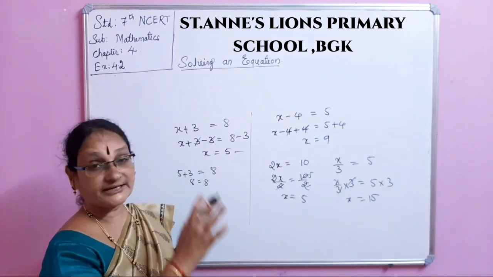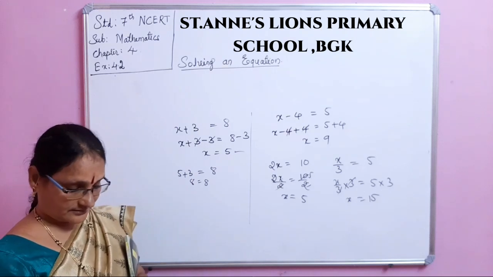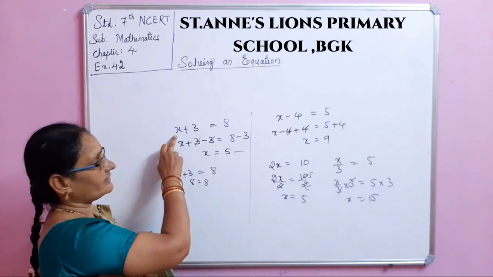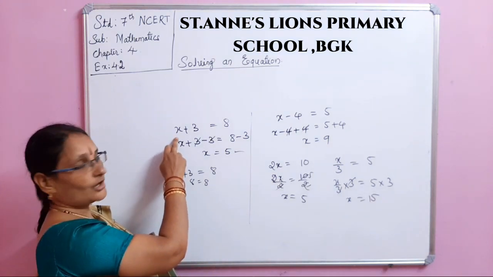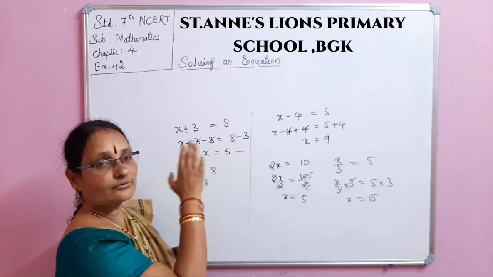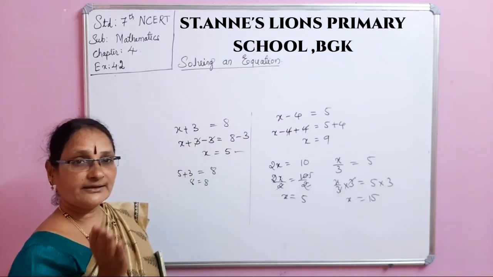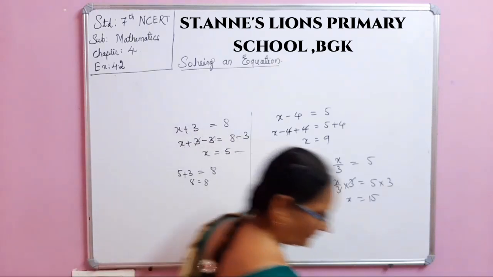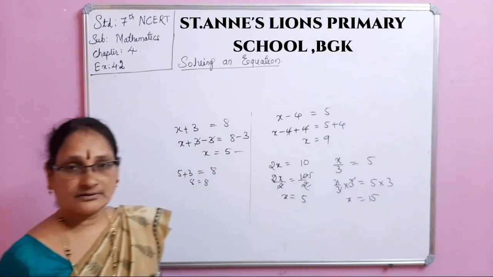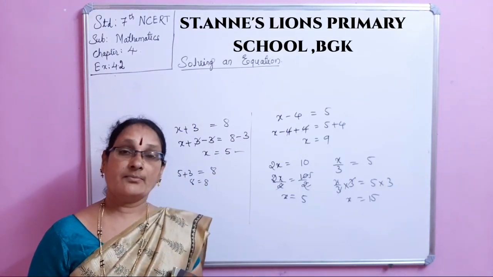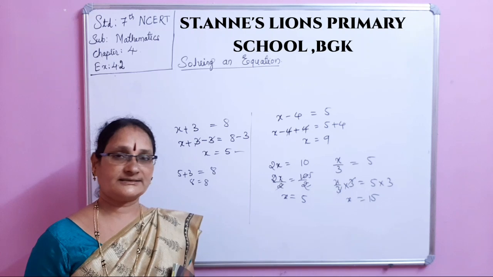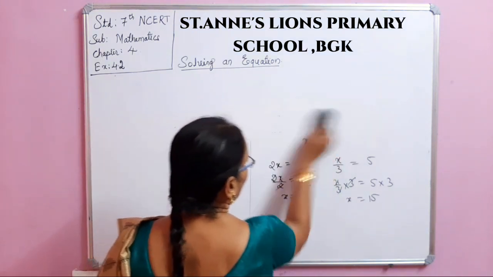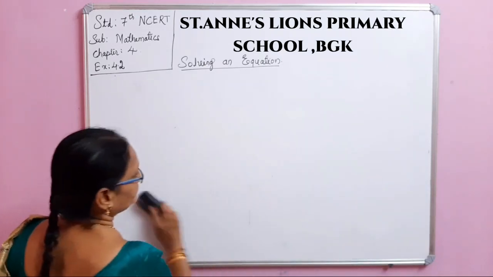So this is what method of just cancellation. This is cancellation method. We have to cancel, just we have to have one variable here. Along with the variable, whatever the things are there, we have to just go on deleting them by adding or subtracting, by multiplying or dividing. Okay. Now, no points for this. In the last exercise, I made you mark some points. No marks, no points are there. Directly we will do the exercise. Okay. Now, exercise 4.2.